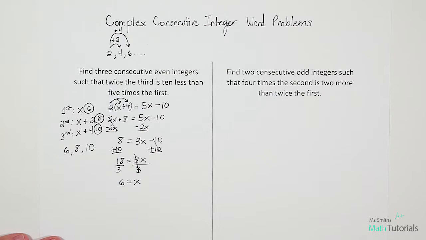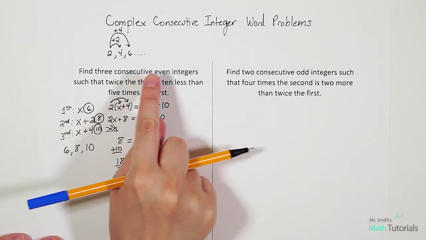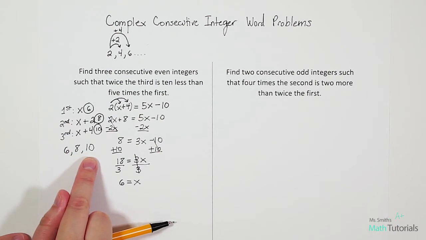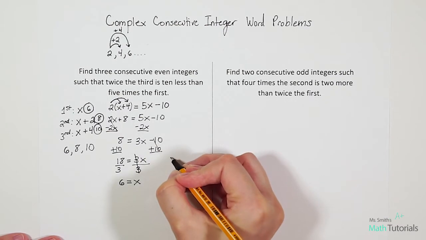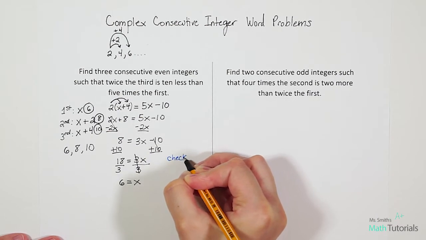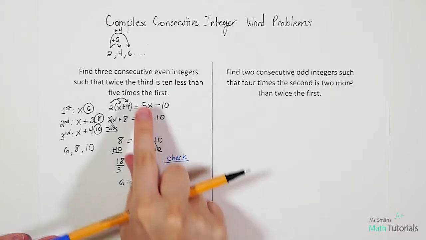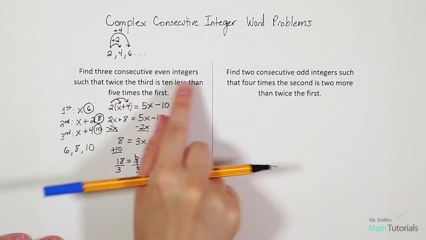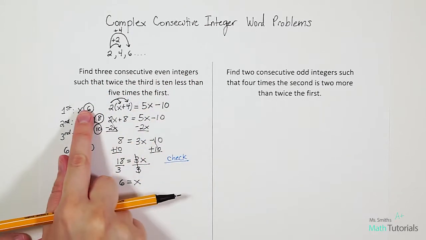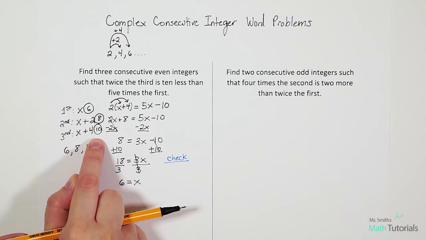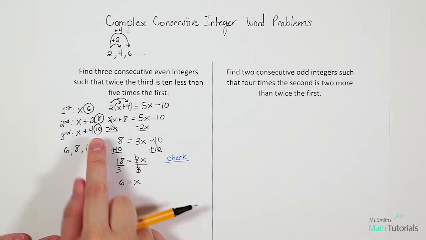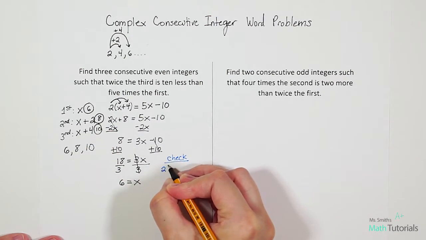So the first thing we'd want to make sure of is, did we find 3 consecutive even integers? Are these in order? 6, 8, 10? Yes. Are they even consecutive numbers? Yes. So that part's good, but to fully check this answer, we're going to plug it into our original problem. And I think it's helpful to read through the problem again and write now that we know our first, second, and third number. We know that twice the third, okay, so our third was 10, so twice the third